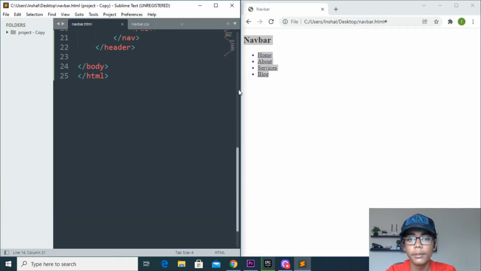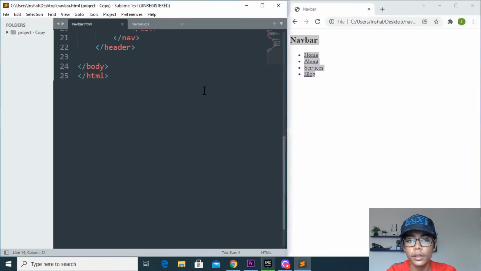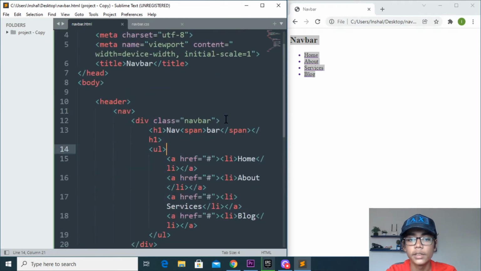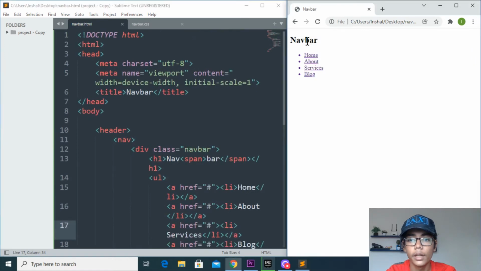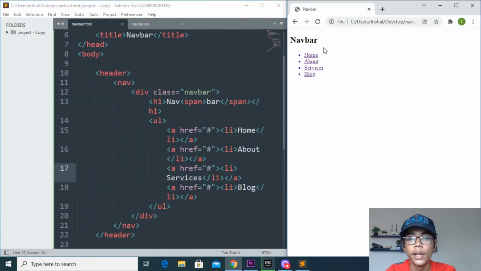So simply I will be just moving down, and here I will be just doing like that. So you can see we are just getting all those things, and here I will be just doing one thing. I will be moving here, and then I will be removing these all. Now we have just done that. Our navbar is just made, but we have to do one thing. We have to style that because it is not looking like a navbar. So because of that, we have made a CSS file, and in that I will be styling that.